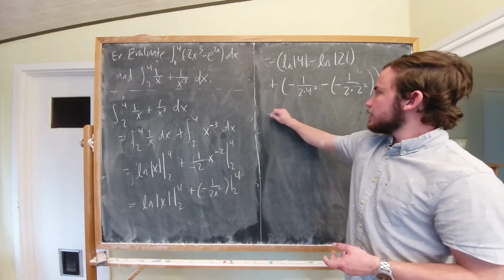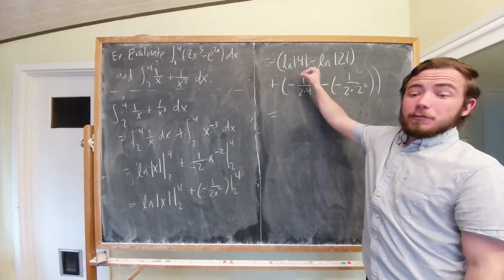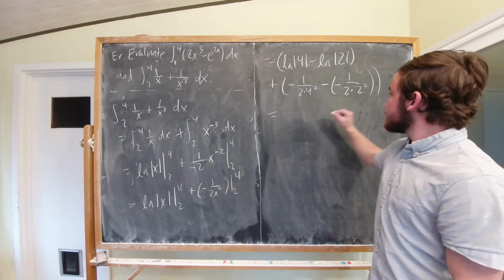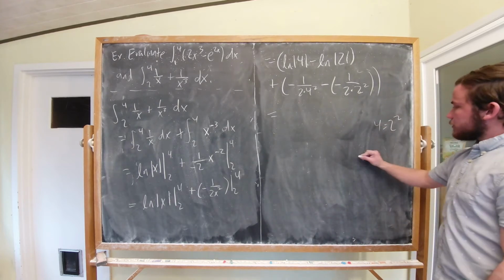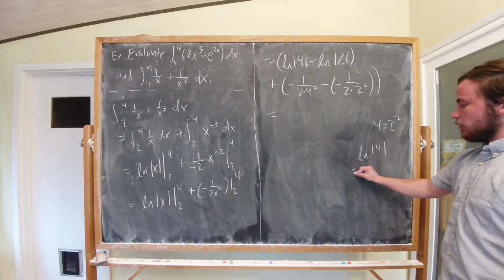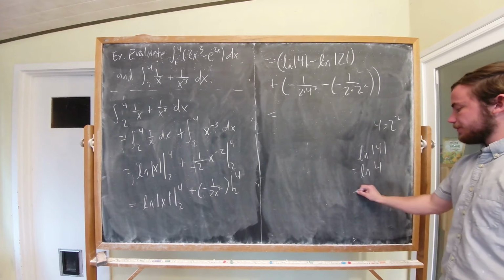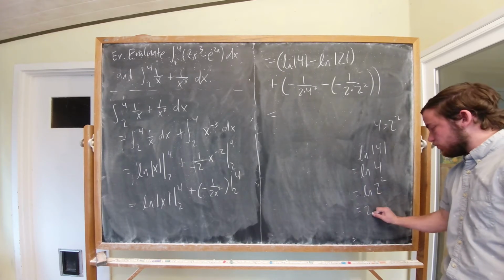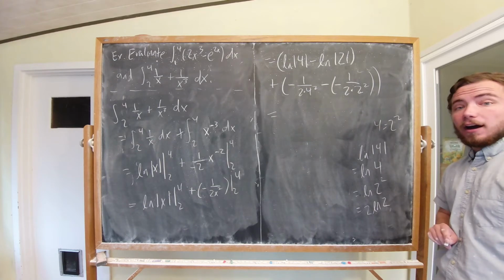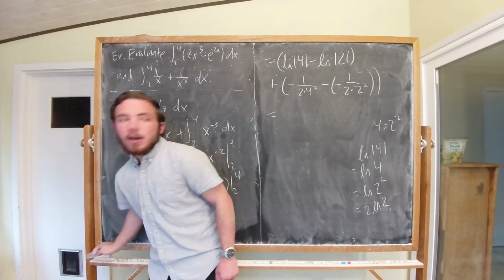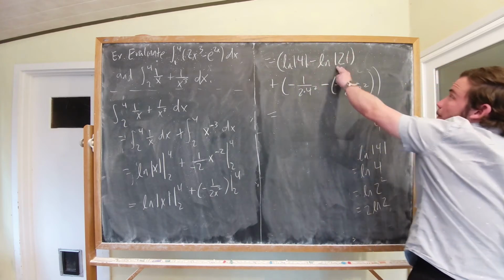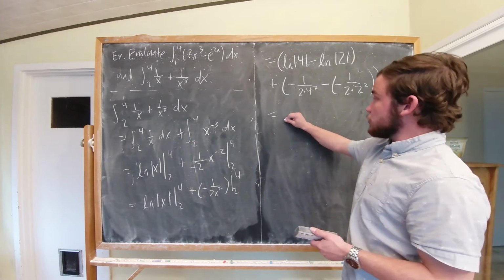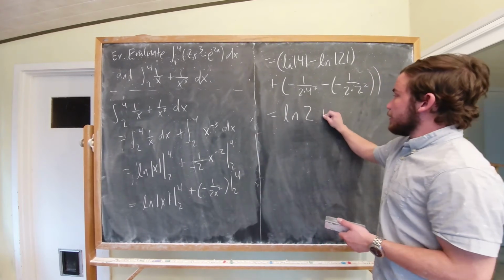Okay, natural log of the absolute value of 4 is the natural log of 4. But even better, 4 is 2 squared. So then the natural log of the absolute value of 4, which is just the natural log of 4, is the natural log of 2 squared, which by natural log rules is 2 times the natural log of 2. So really we have 2 times the natural log of 2 minus the natural log of 2. So we're just left with natural log of 2 there, plus